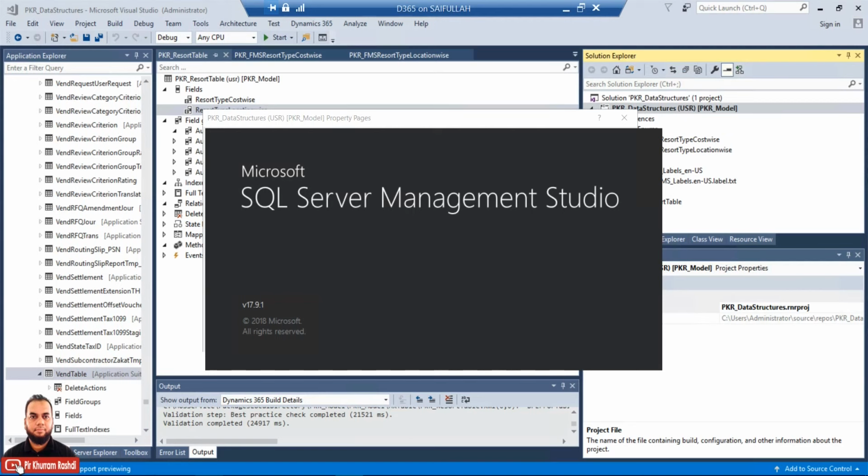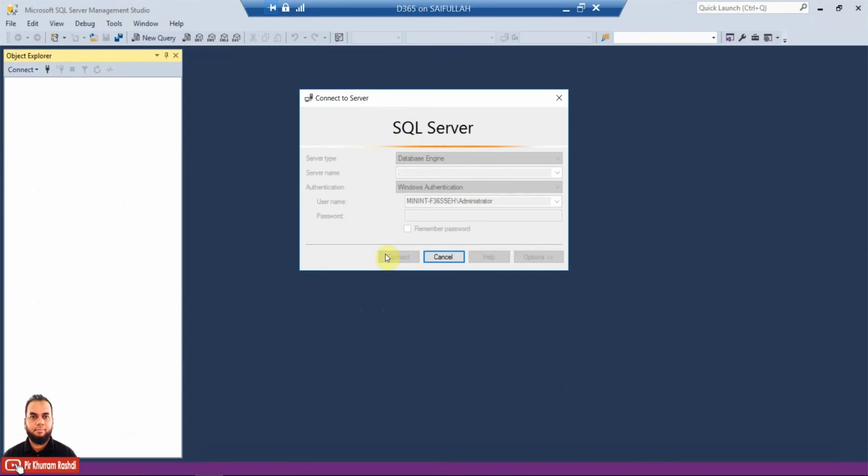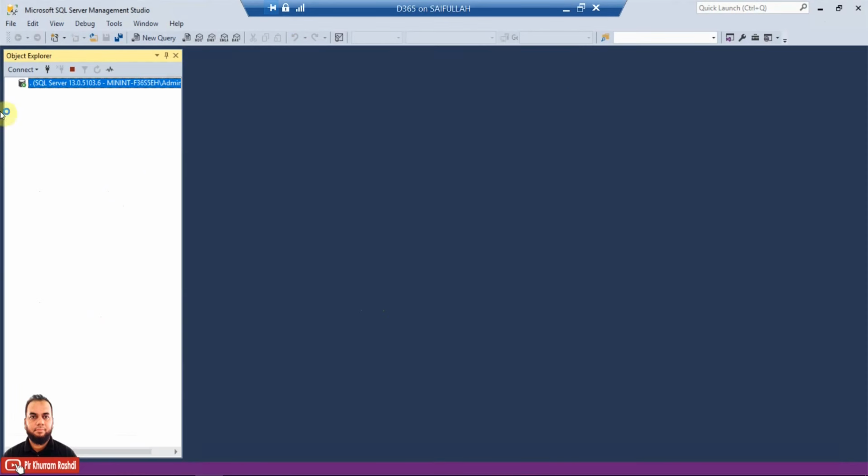Right now there is no table in SQL Server, and once we have defined this synchronization as true, on the next build of the project it will create the table and fields.